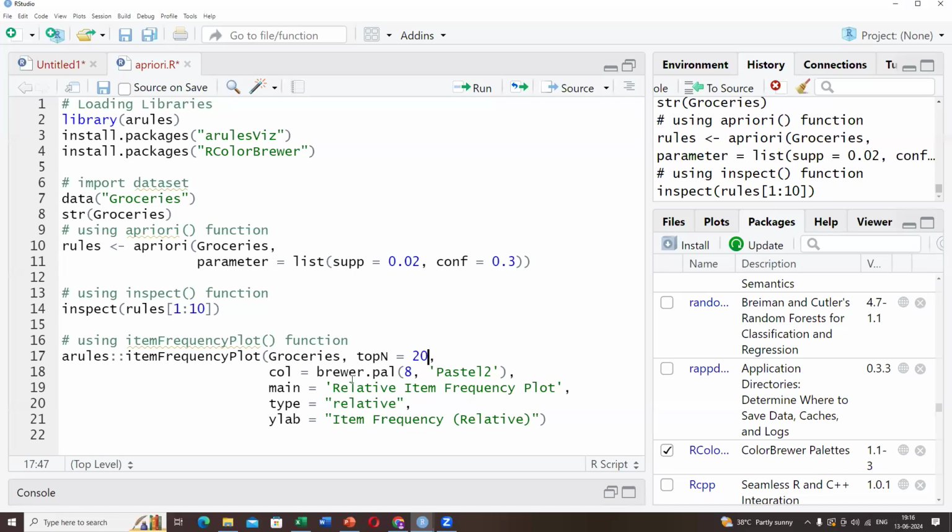Okay. And here this is just a color pastel where various types of colors are there, and this main is for giving the name of the frequency plot, and the type is relative because we are plotting the relative frequency, and in the y-axis we have to give the name, that is the item frequency relative plot. Okay. Now, if I run this code,